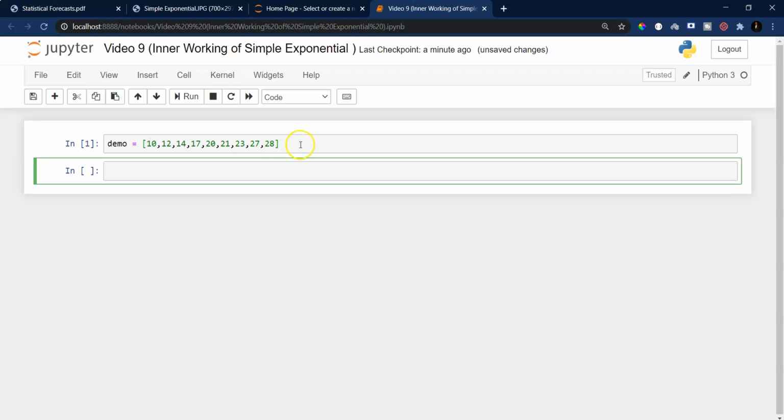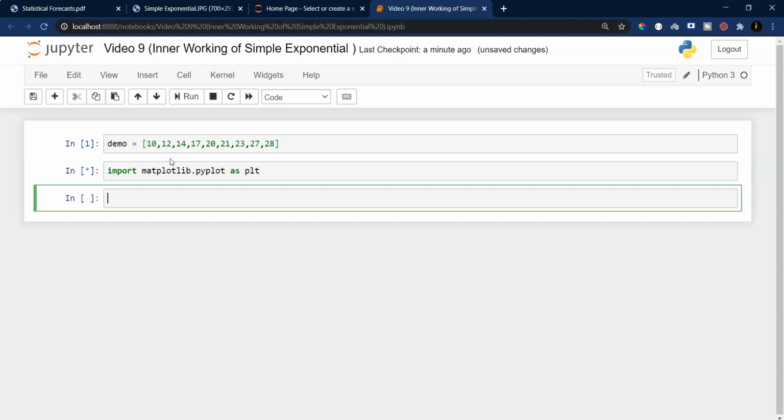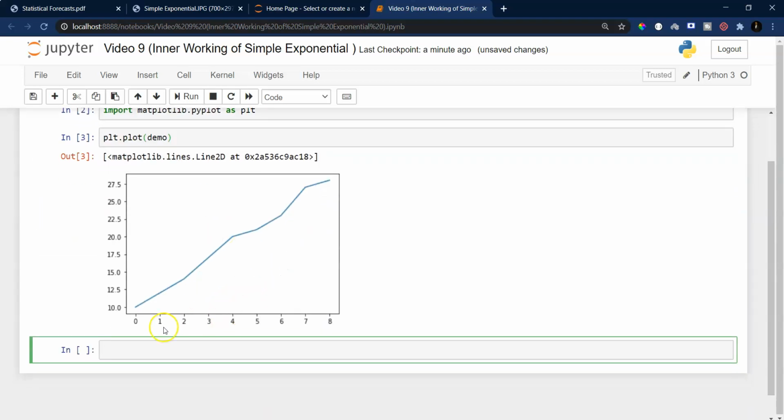Let's say that this is our demo time series data, and let me import matplotlib and plot this demo data. So this is the kind of data that we are having.